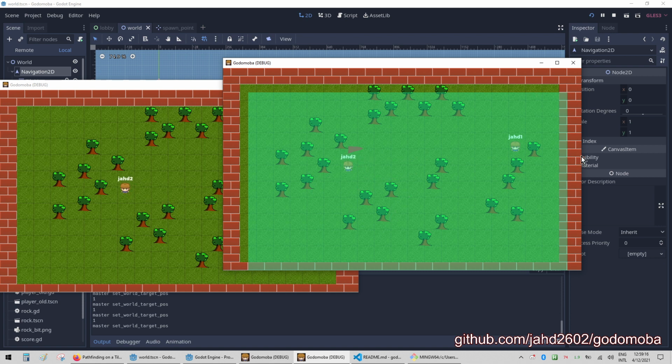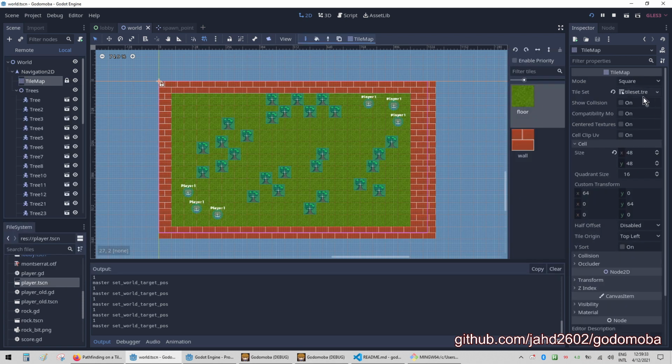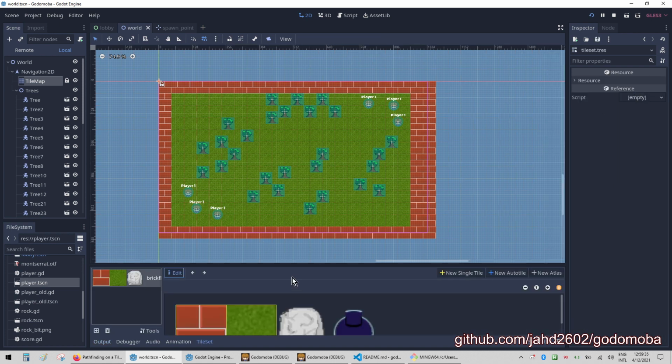This green square is the nav mesh, but we need to understand why it's not aligned. So it's starting from the middle. Yeah, and this needs to be aligned with the tile. So if we see our tile set here,